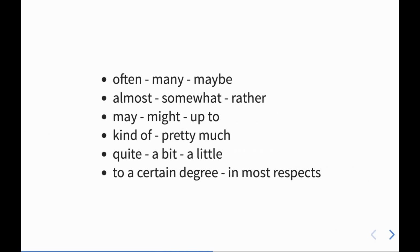There's also another type of wizard words, which are hedge words, or hedging. It comes from when you're playing a game of chance, like roulette, and you put one chip on one number and one chip on another color, trying to cover all your bases. Like, okay, if I'm wrong about this, at least I have an excuse. It's a way of not being concrete about facts. Here are some words that tend to be used as hedging words,